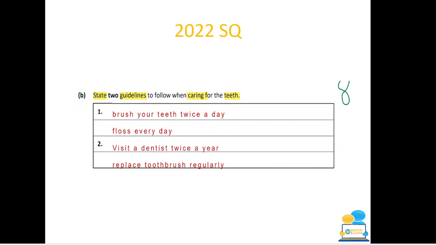And this is from 2022, a short question, okay? Sample answers again, and I've highlighted the key parts in this question. The first one I've highlighted is my action verb. It says state, so that means it's going to be a really short and sweet, tiny little answer. Then 2 guidelines. I know that guidelines are essentially tips, and it's given me space for 2, so I won't forget to write my 2.